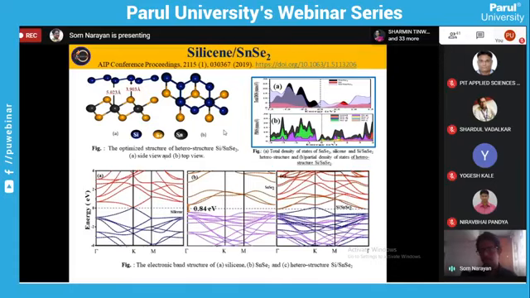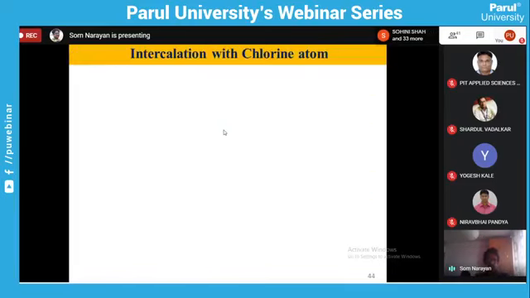So we can see over here that Se p and Si states of silicene interact and give a metallic nature. So we are thinking of intercalating with different atoms, chlorine, as it is a